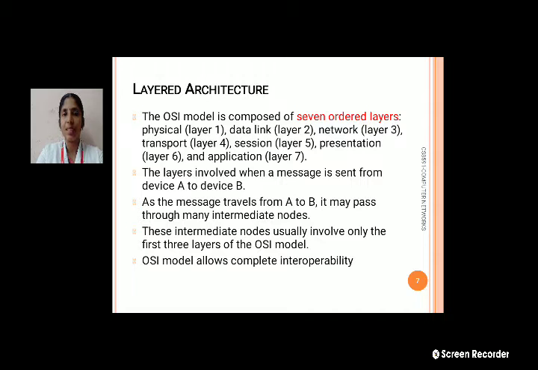These intermediate nodes usually involve only the first three layers of the OSI model. The other layers have no intermediate nodes; they have a peer-to-peer process. So only the first three layers have intermediate nodes, and the complete OSI model supports the interoperability process.